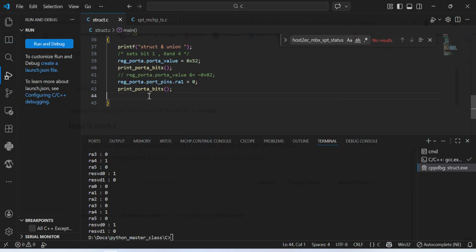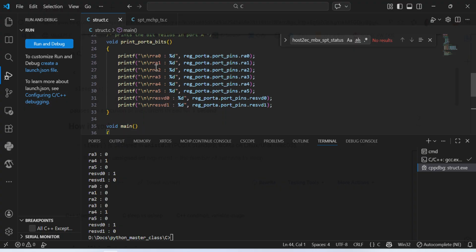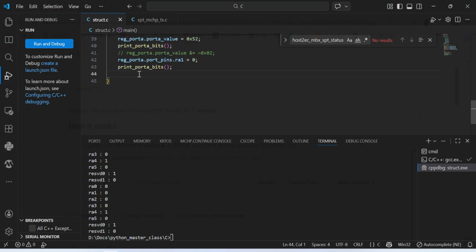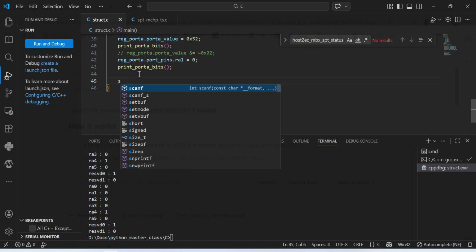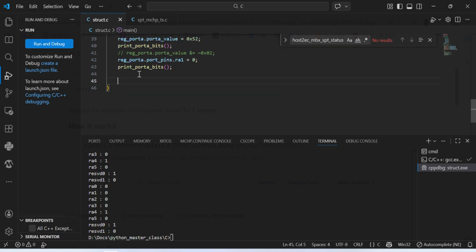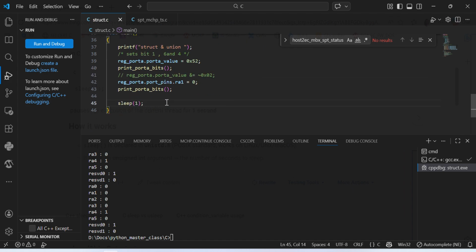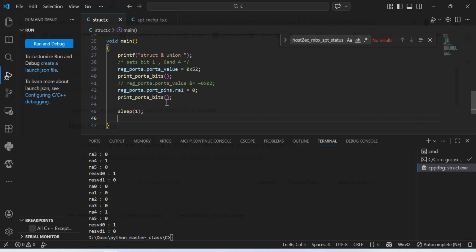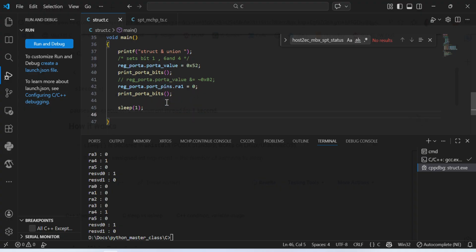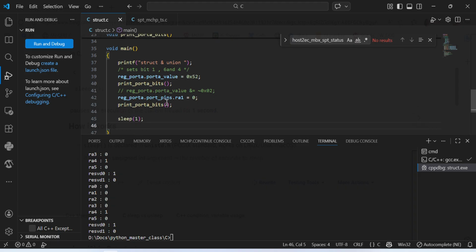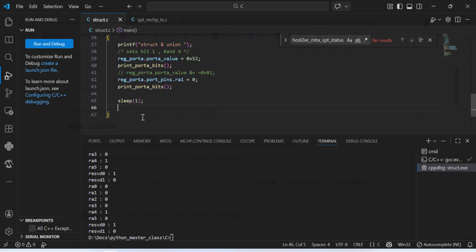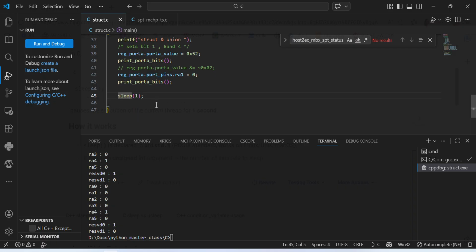Okay, let's continue. To add sleep, you have to add unistd.h. I just added that, and I'm going to show a different scenario where these kinds of structure and union will be useful. But this is a very simple program. I'm just showing it with the GPIO, but in a real scenario, assume you're doing a different kind of protocol communication using UART or I2C, and your application has a different state machine based on the communication data that arrived, and you want to